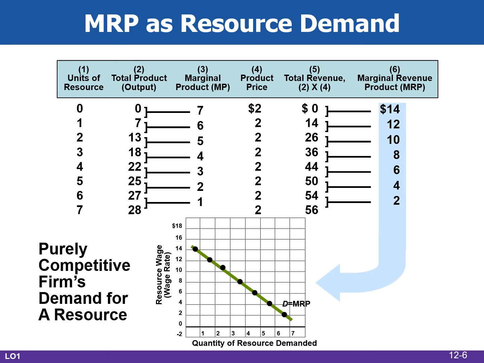The marginal product of the third worker is 5 because total production increases from 13 to 18 as the firm hires that third worker. Notice the pattern. The marginal product of each successive unit of labor input is less than the previous unit of labor input. If you remember from our previous study, this is referred to as the law of diminishing marginal returns. In the short run, when the size of the factory is fixed, when the size of the firm is fixed,